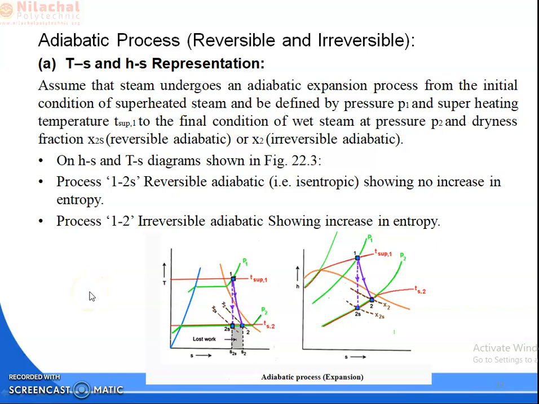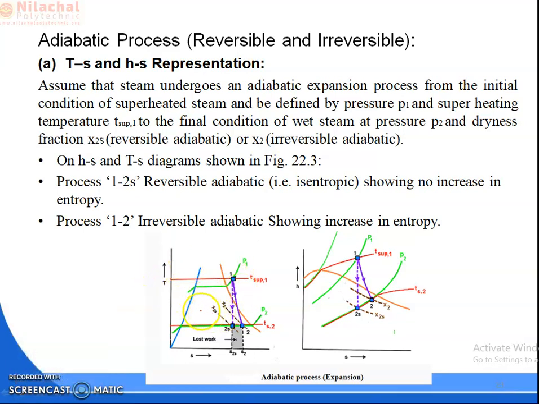So continuing with the third chapter that we will discuss, today we will discuss the adiabatic process, that is, a reversible and irreversible adiabatic process. So the TS and HS diagram representation of the adiabatic process, where the initial condition of steam is superheated and the final condition of steam is wet steam. Okay. So as you can see here,